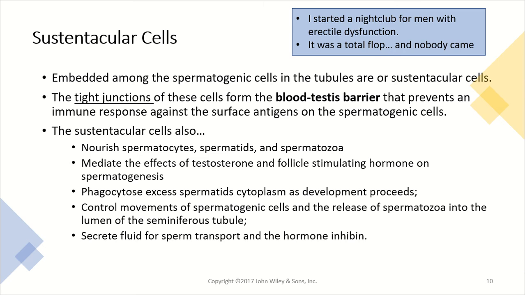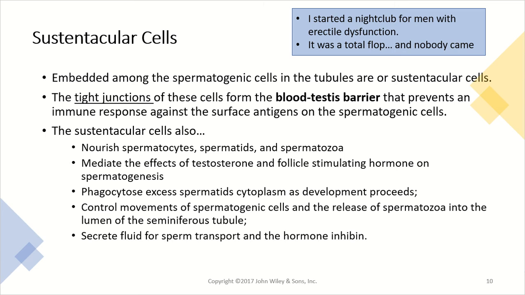A little too far. That leads us into our sustentacular cells, which we mentioned before. Embedded around those spermatogenic cells in the tubules are going to be sustentacular cells. These are going to have tight junctions between these sustentacular cells that are going to form the blood-testes barrier. And this is going to prevent any kind of immune response from being mounted by the immune system that would recognize surface antigens on those spermatogenic cells and target them,